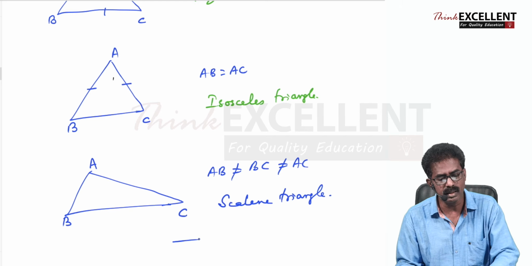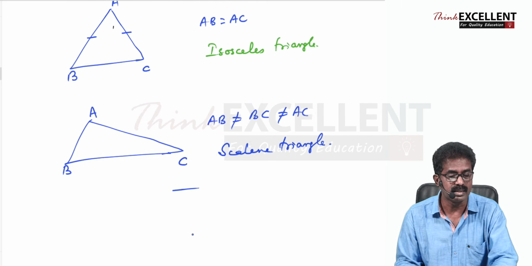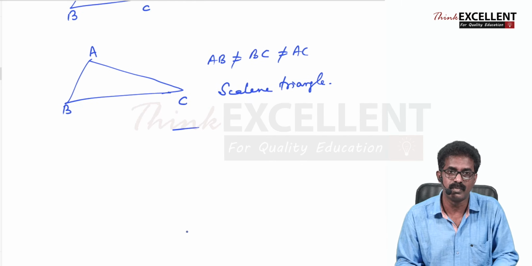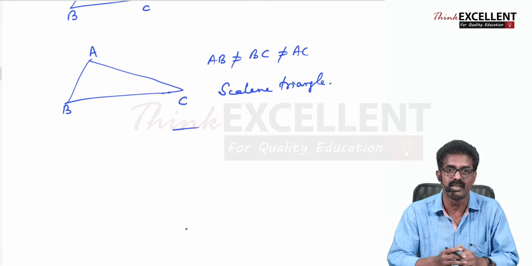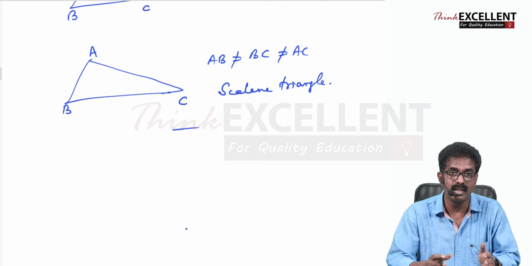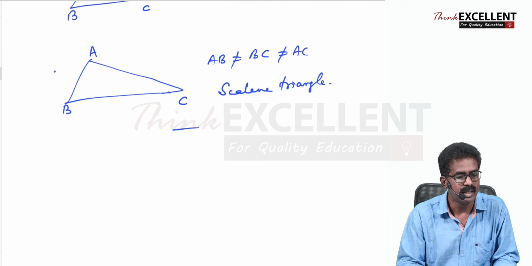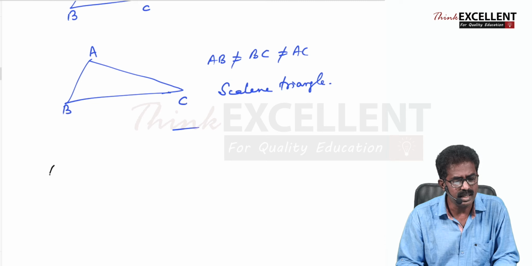So based on the sides, we can classify the triangle into three, right? Equilateral triangle, all the three sides are equal. Isosceles triangle, two sides are equal, and scalene triangle, all the three sides are of different length. Now, based on their angles,